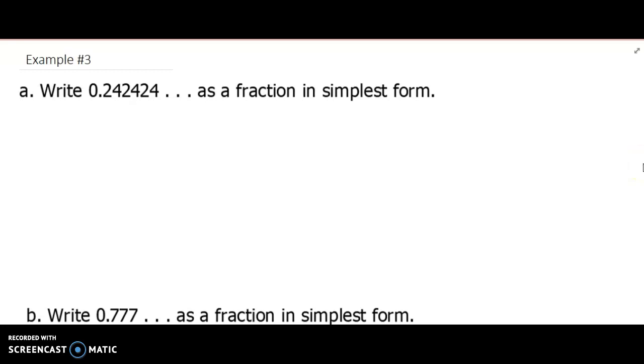Okay, we want to write this as a fraction in simplest form. Now, to do this, we are going to write it as a sum of an infinite geometric series, because that's what these points go. It says 2, 4, 2, 4, 2, 4, on and on and on. Okay, we've all seen numbers like this. So correct me if I'm wrong, could I write